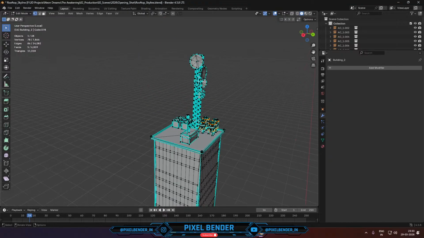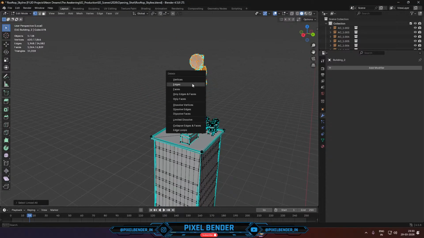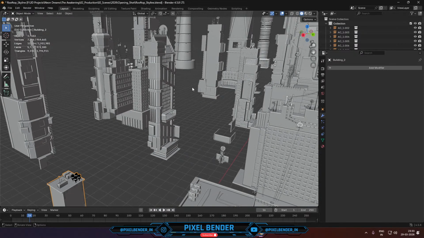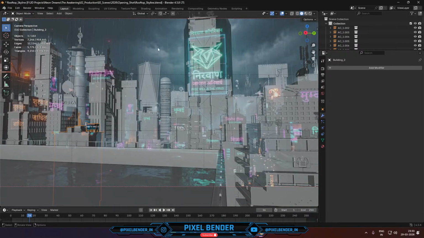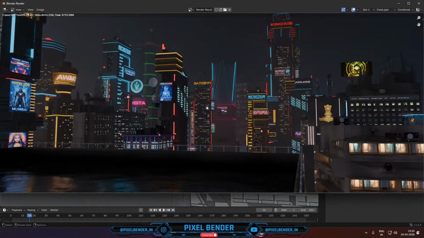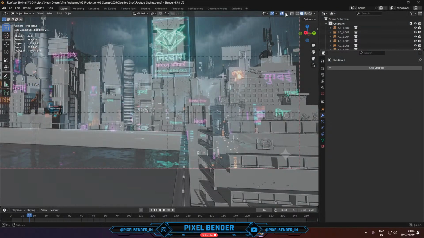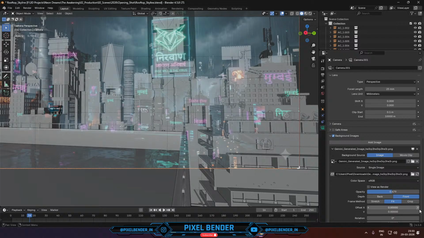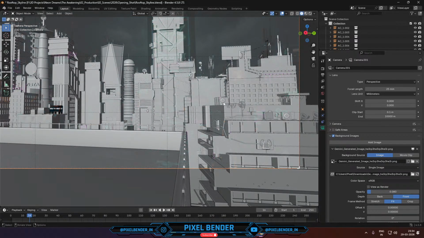It will be better for the background. I'll remove this completely. And yeah, also this building, let me turn off the overlay for now. This building,